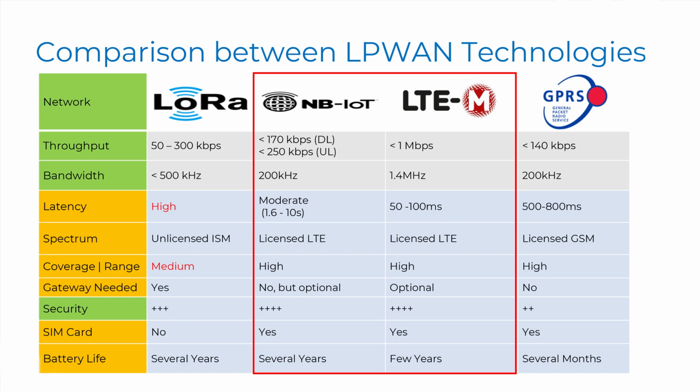So, when we are considering a suitable technology for the low power wide area network, we are going to remove this one because here the latency is high, as well as we need the intermediate gateway. And if we use this one, the battery life of GPRS devices will only last for several months. So we are not going to use these two